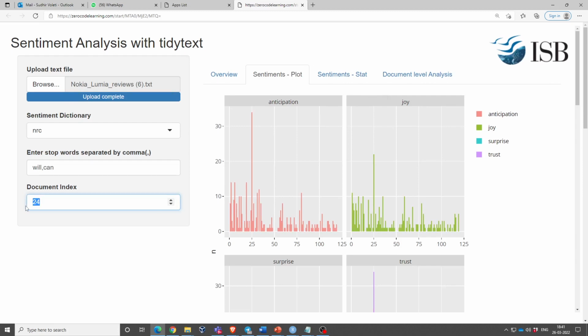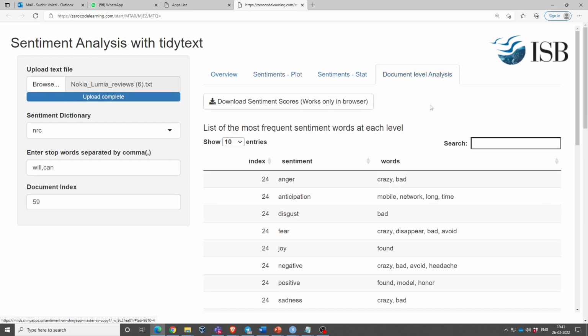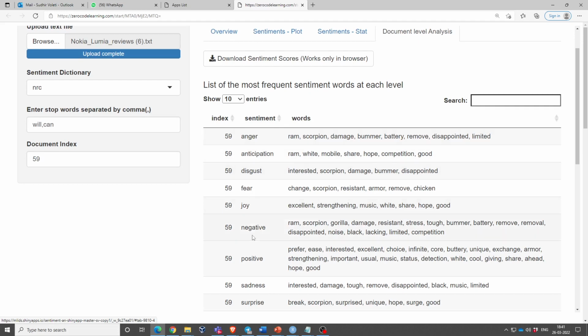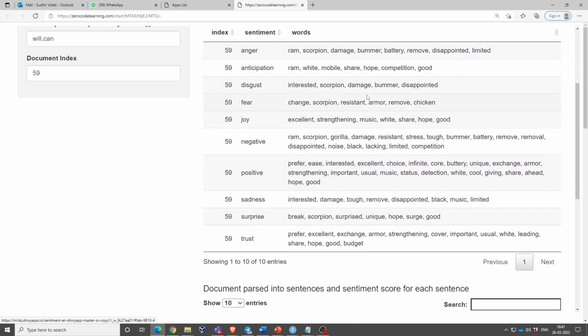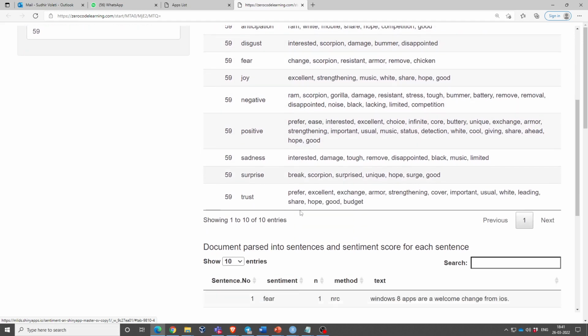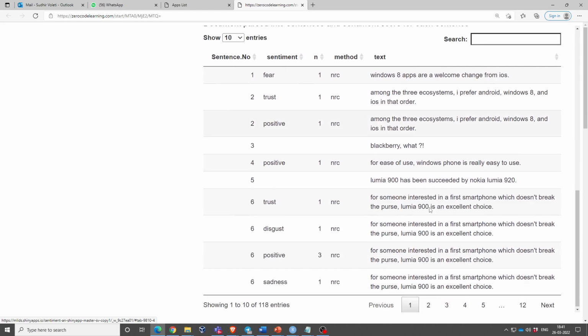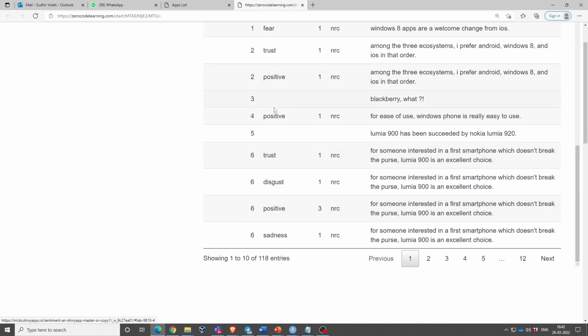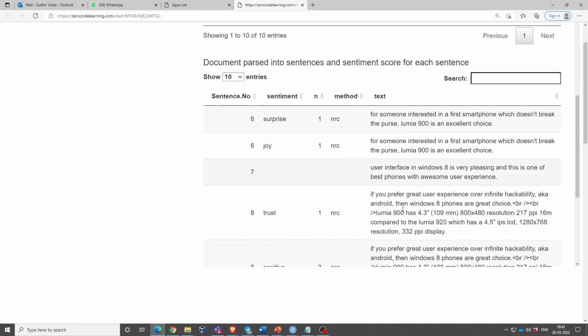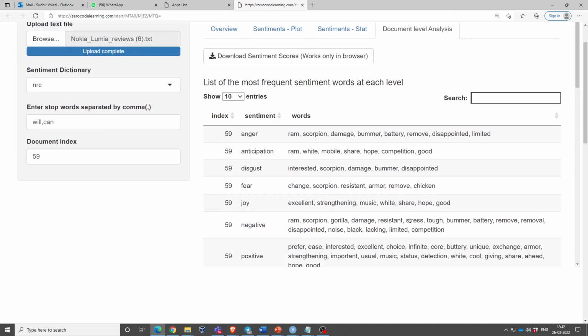You can do your document level analysis as before. And here you will get the sentiment dimensions, and which words map to these dimensions. And again, like I said, the document is parsed into sentences, and for each sentence, we get what kind of sentence it is, what is its sentiment. Well, with that, I am